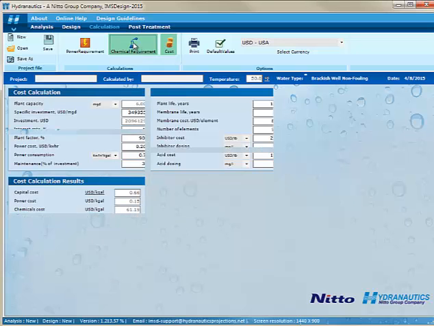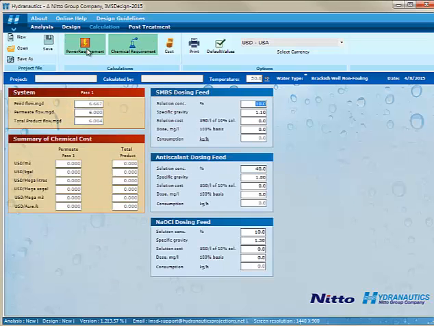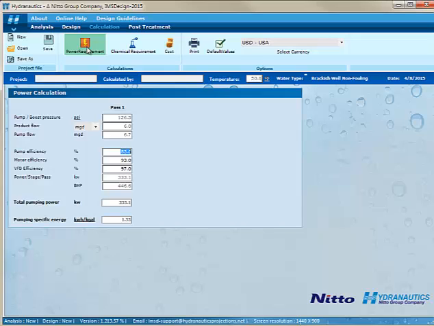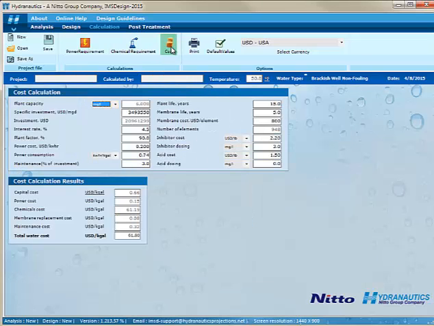You can go up here, look at chemical requirements and a summary of that, and you also have the power requirements. And so this is what I was asking for on the assignment, was the different pumping specific energy in kilowatt hours per cubic meter. It looks like I've got kilowatt hours per 10 to the 6 gallons, but you can change or calculate what that would be on a cubic meter basis. And so how much it would cost. And I believe if we go to, somewhere up here, we can go on to the different chemical requirements cost. Okay, and the power cost can be entered right here if you wanted to change that. So it looks like 15 cents per